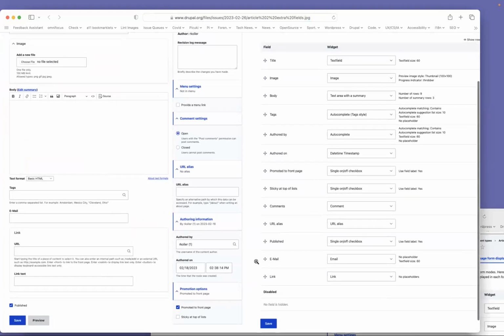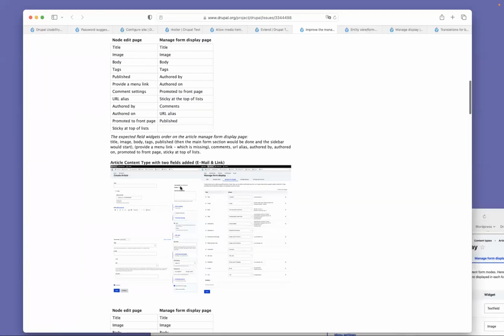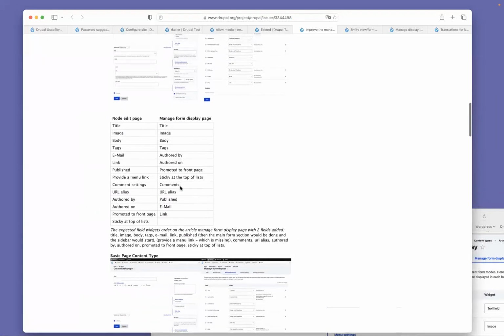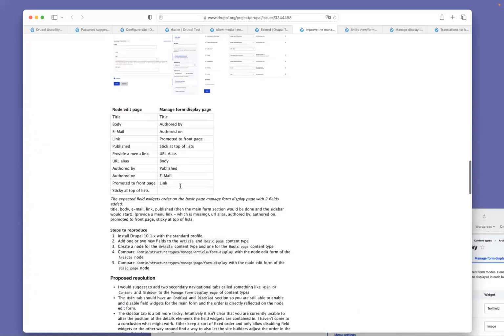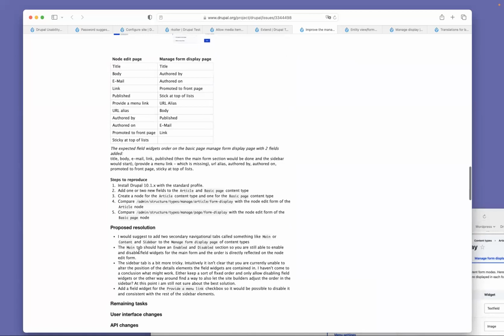And similar with the basic pages. And my suggestion was the following. I would suggest to add two secondary navigational tabs called something like main or content, and one called sidebar to